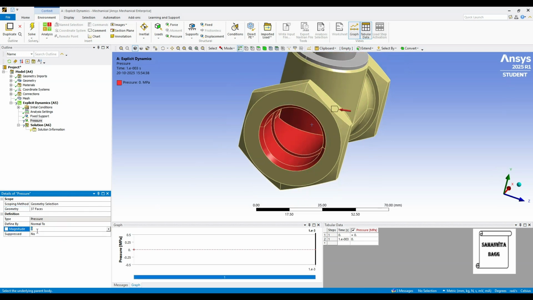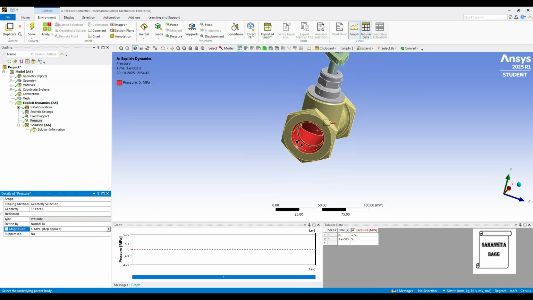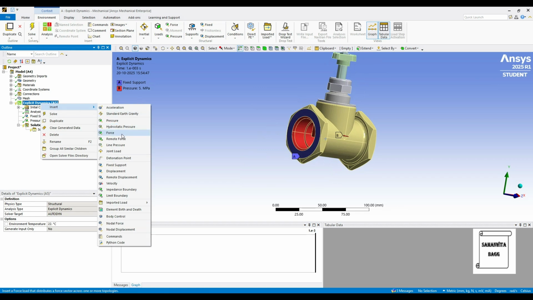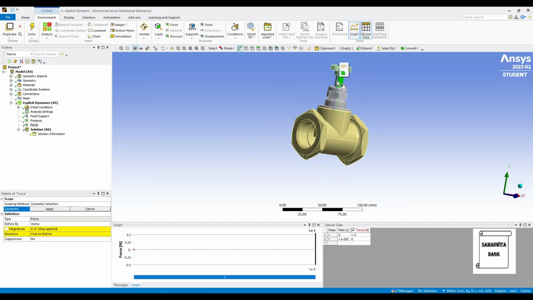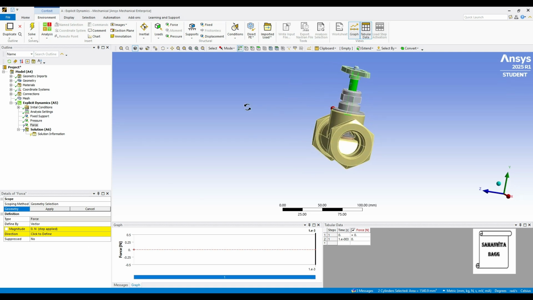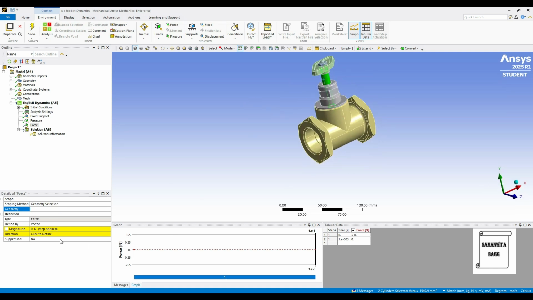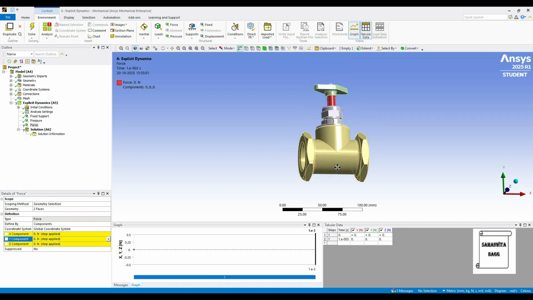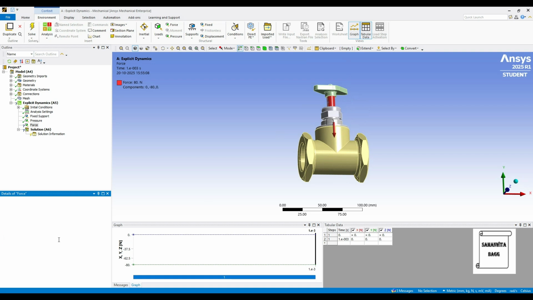Then we'll give the value of pressure as say 5 megapascal. After this, we will right click here and insert force, which will be on these two surfaces. Click here on apply. Change vector to component. Along the y-axis, I'll give the value of force, which is minus 80 Newton.